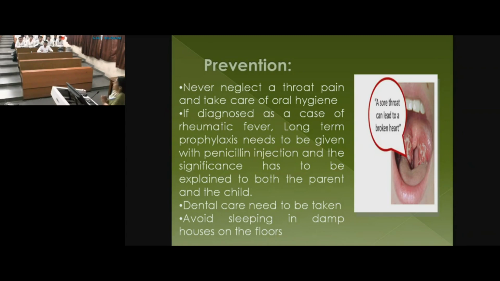Because again, every primary prevention is also not absolute, because a lot of subclinical infections also give rise to rheumatic fever. What we can do is every time you have a child with sore throat, you try to identify whether it's streptococcal and you treat it appropriately with penicillins. So that is one thing that you can do. That is primary prevention. Then what we are doing is, again, dental hygiene.